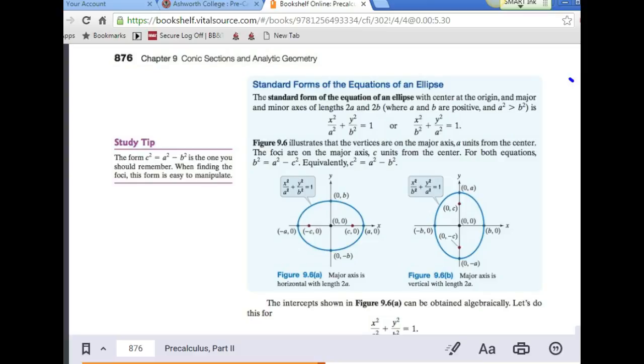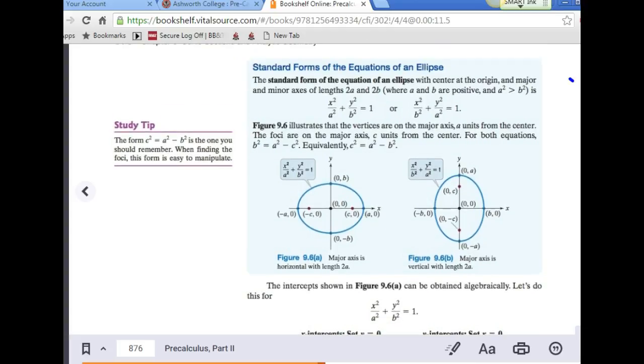Hello, we're looking in the conic section, which is chapter 9 now. This is lesson 9.1 about the ellipse. This is example 1. Now, before we actually do example 1, I need for you to look on page 876